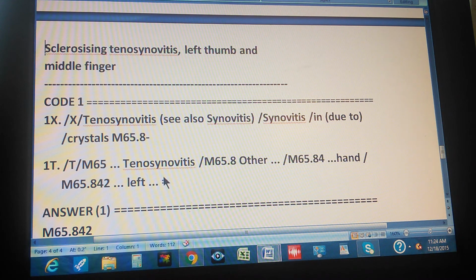Because it says left thumb. It means you have 2 thumbs, the right thumb and the left thumb. So the left thumb is in the left hand. So it's supposed to be in the left hand, both things. So that's why we have the equal sign right there. And the answer is